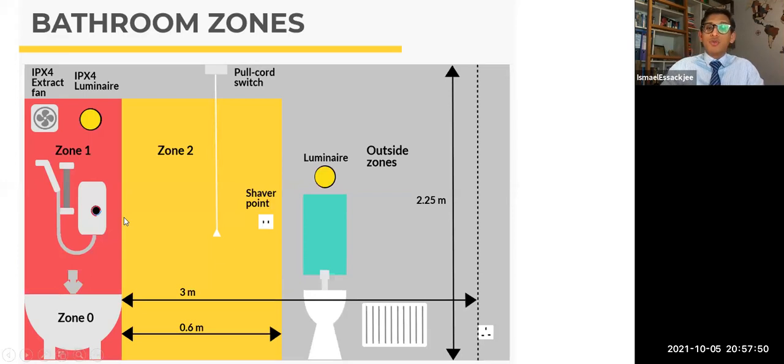Maybe the bathroom zones. We are going to delimit the bathroom into different zones, because there are some places in the bathroom where you won't get splashes of water. In the bathroom itself, what we see is zone 1. Here you are going to have lots of splashes, okay? And those who sing and dance in the bathroom are going to have much more splashes. This is what we call zone 1. Adjacent to zone 1, we have zone 2, where you can have not so frequent, but one or two splashes of water. Then you have the outside zone, which we can call zone 3 if you want. So these are defined by a standard.